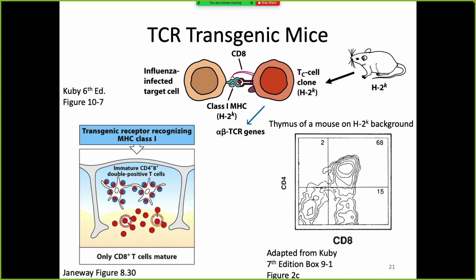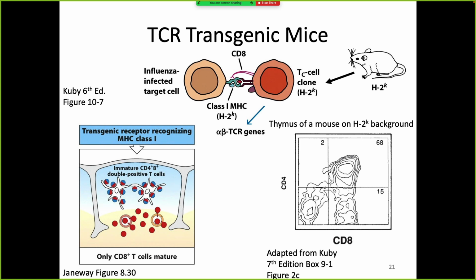And every single one, 100%, of the T cells in this mouse are basically going to be copies of that original T cell that you took and used as your template for your genetic engineering. So you're going to get a mouse where 100% of the T cells that develop are going to be this influenza-specific T cell that recognizes